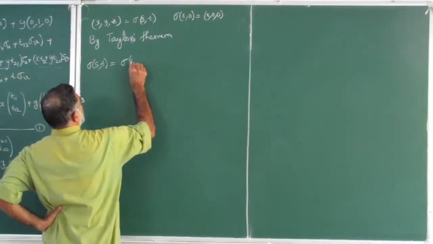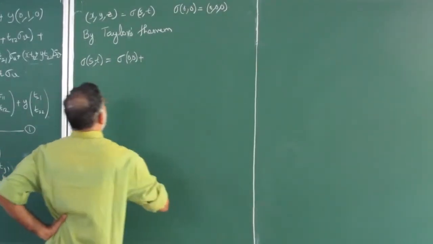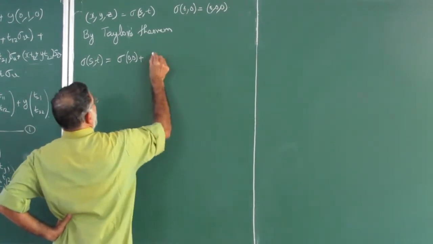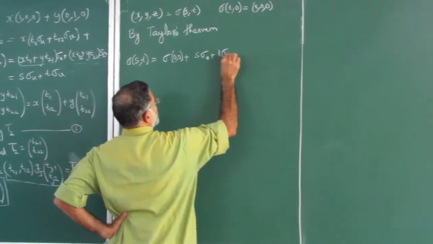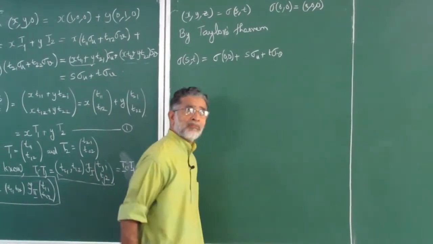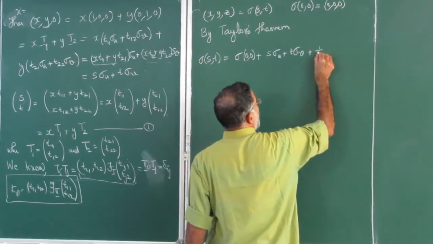Sigma 0, 0 plus S times sigma u plus T times sigma v, that's the first degree term, plus, this is the Taylor series I am writing, half